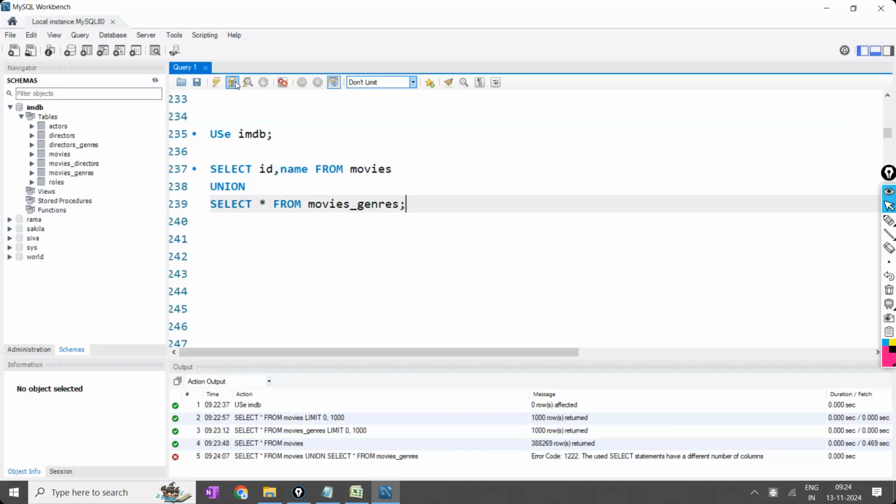Table 1, what is the number of columns of table 1? The number of columns of table 2 should be the same. In that case, it is going to work and it is going to give the output like this. Now, if you observe,